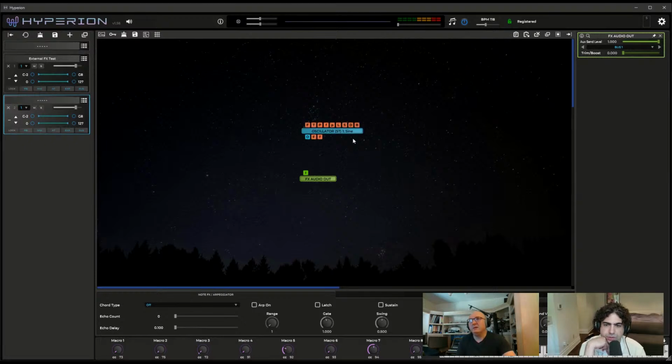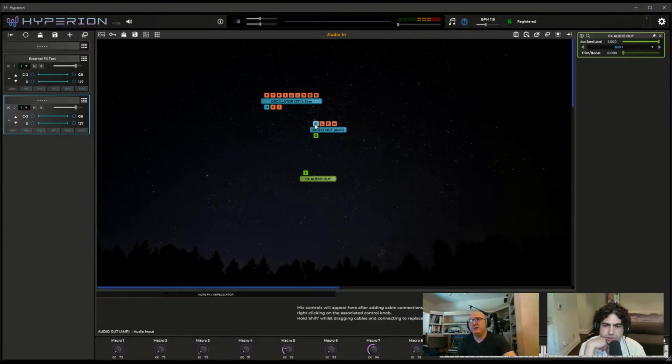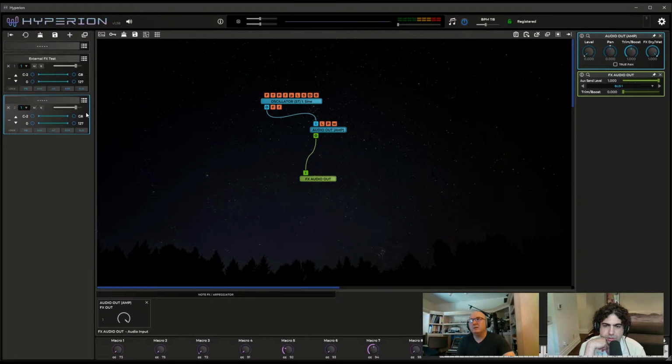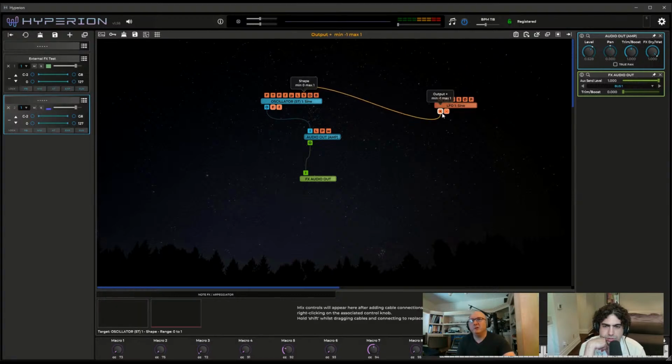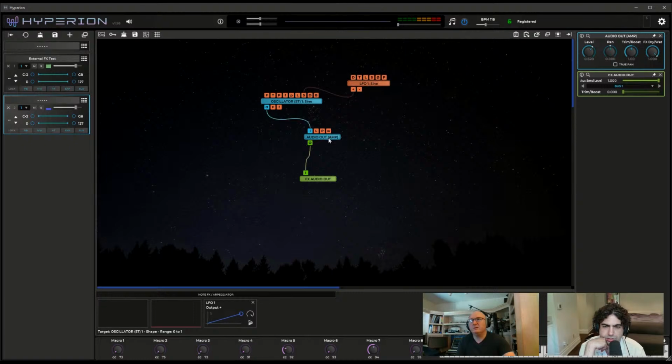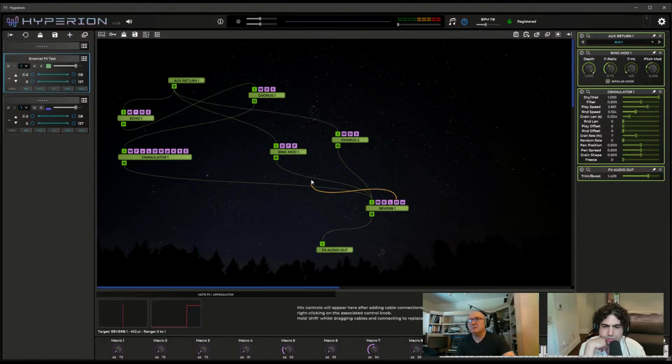So I could have, maybe it's best if I don't design a complex patch right now, but I could have a patch going into here, and just turn that up, and what we'll do is just modulate the wave shape here, so we can hear some sonic change. And let's see,